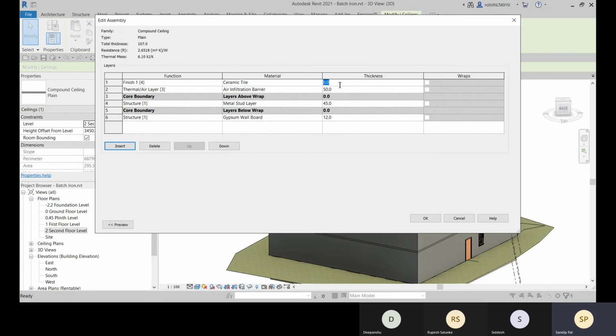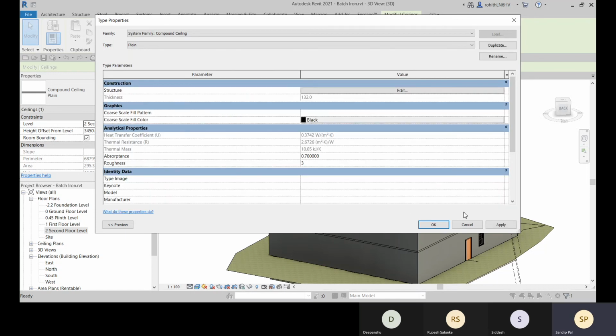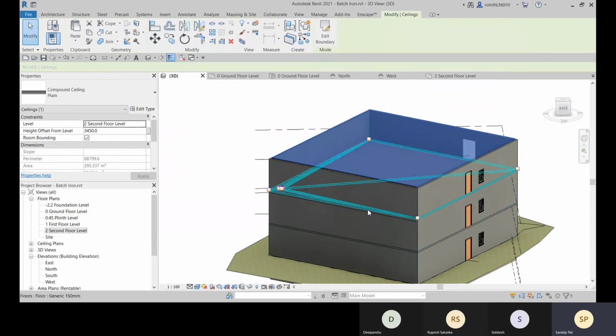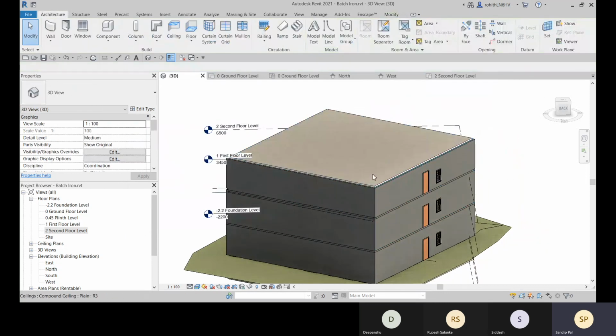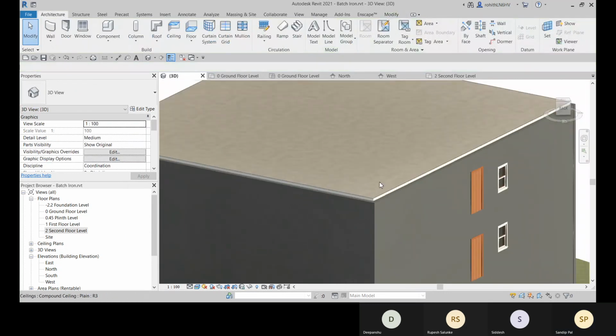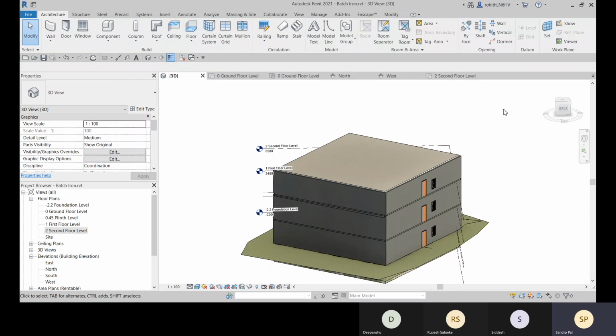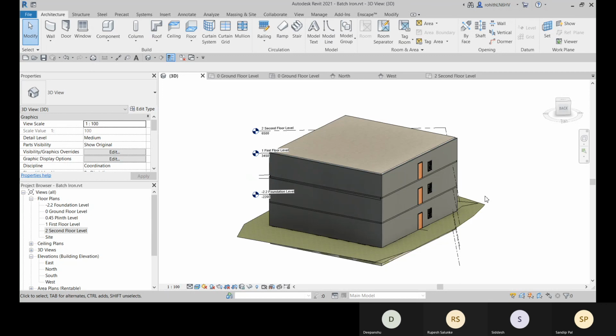We provide that thickness. Let's go for 50. No, not 50. I think 25. All right. Accordingly, you will get the ceiling. Fine. So this way we will create up to the ceiling. All right.